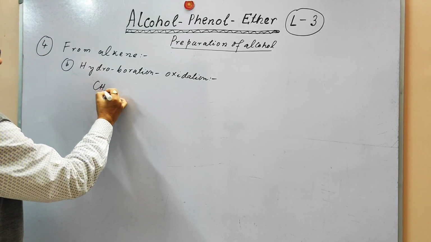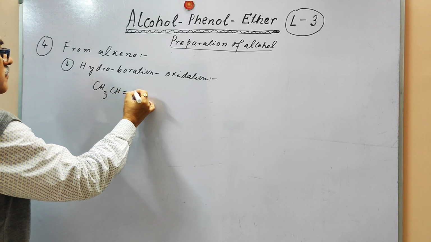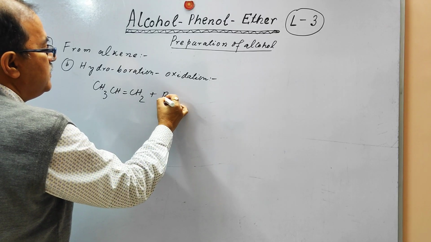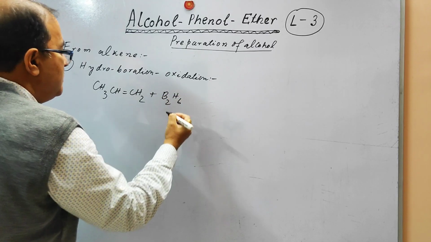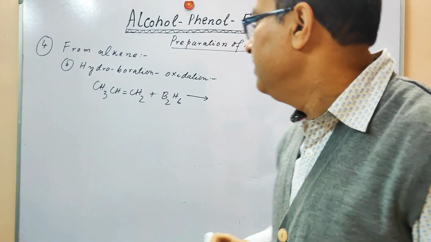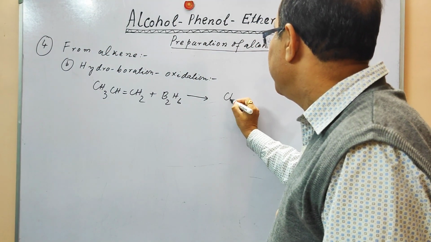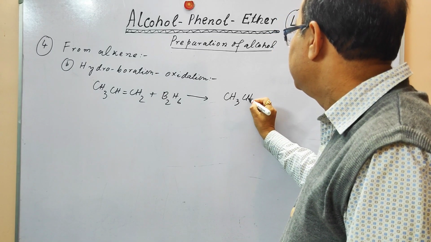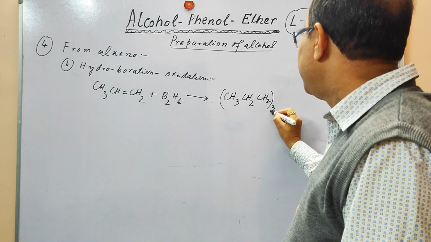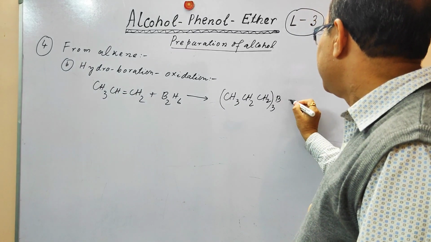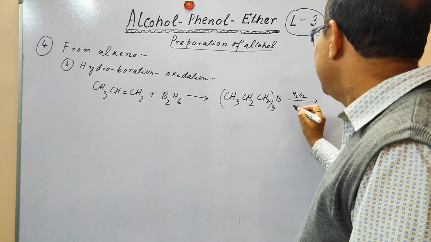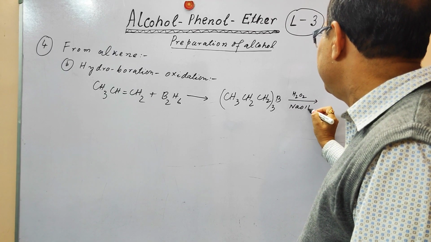Suppose we have taken this unsymmetric alkene, and this has been reacted with B2H6, and this will first create the trialkyl borane, CH3, CH2, CH2, and this. This trialkyl borane is oxidized in presence of H2O2 and aqueous solution of NaOH,